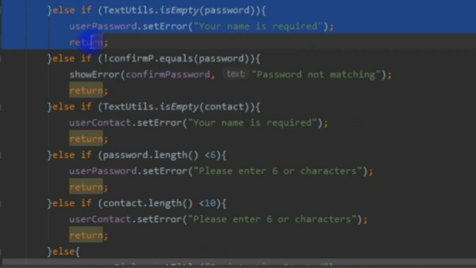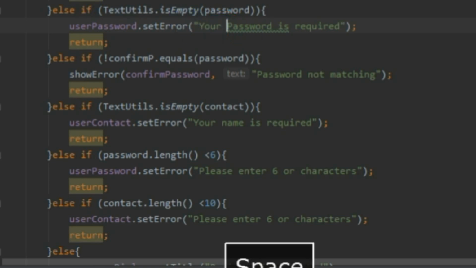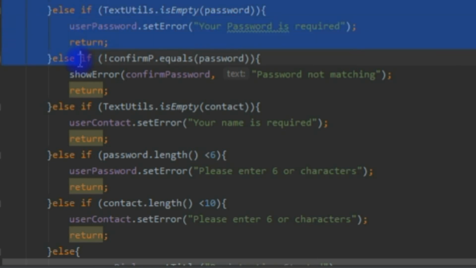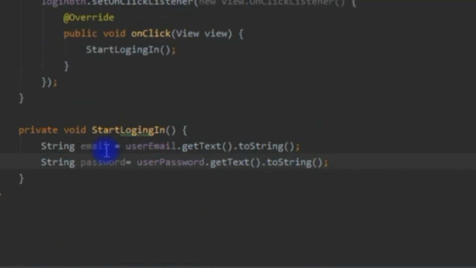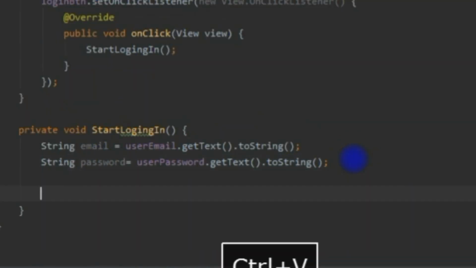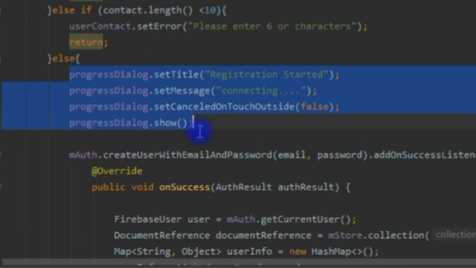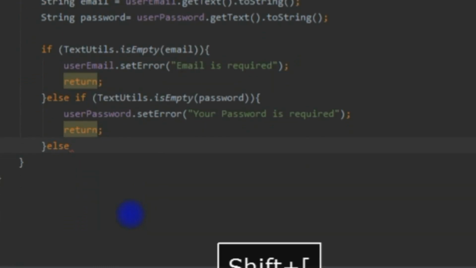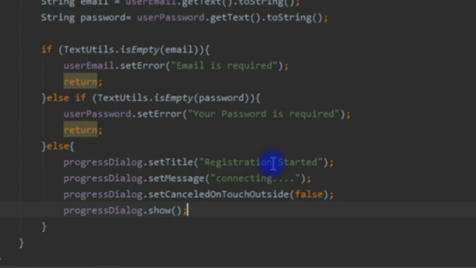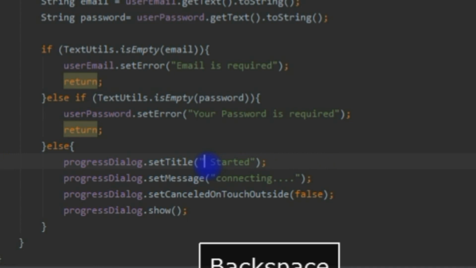So we'll copy this part. Okay, so we paste it here. Okay, then to save time, we'll copy this. Then we paste it inside here. Then we say,